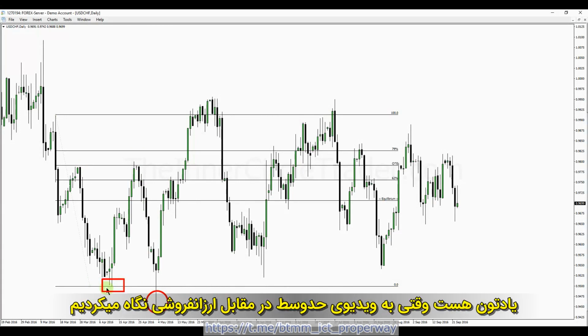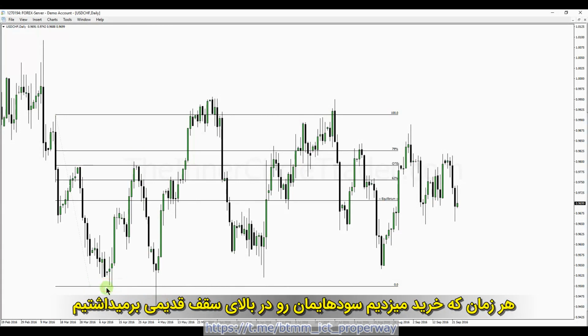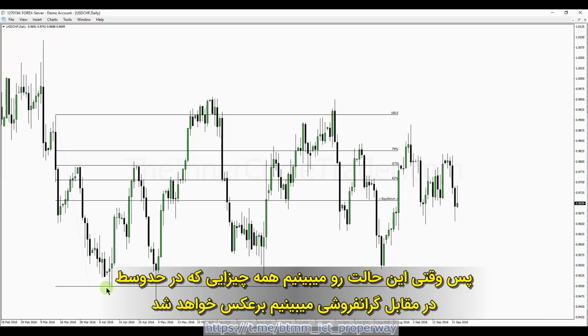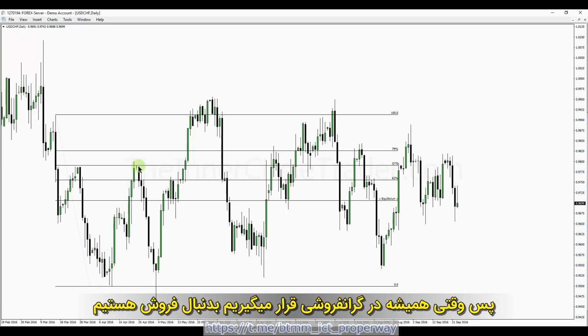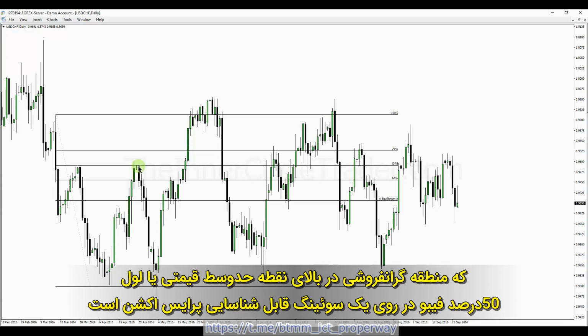Remember, when we were looking at the equilibrium to discount, every time we were buying, we were taking profits above an old high. Okay, so when you see that, all we're seeing is the reverse of that in the equilibrium versus premium market. So we're always looking to sell at a premium. Premium is defined by, it has to be above the equilibrium price point, or 50% level of the Fibonacci, anchored on a